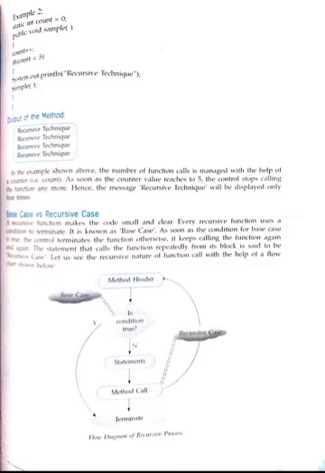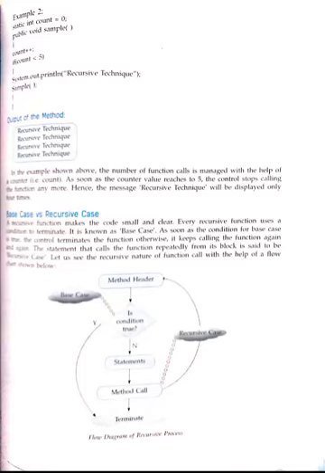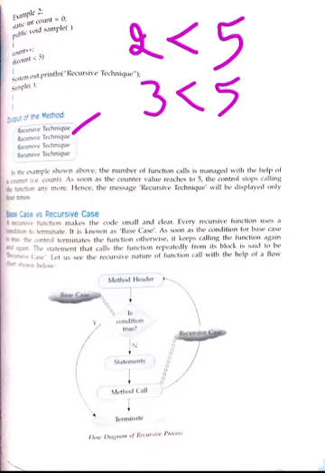and so the condition becomes 1 less than 5. So the condition is true, it will print "recursive technique", and then when it comes here, it will go back to the sample function. Again the increment will take place, count will become 2, and 2 less than 5 is again true. Again it will print "recursive technique", then again it will go to the sample function. Now again the increment of count will take place, and then the condition becomes 3 less than 5. Two times it has already printed, and this third time also the condition is true and "recursive technique" will be printed.